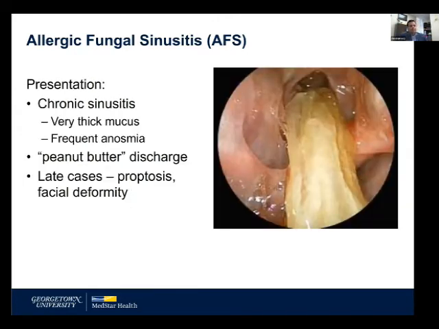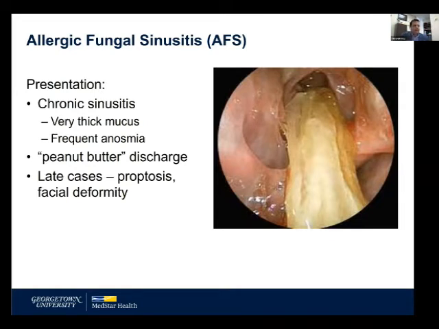Again, similarly, these people present with chronic sinusitis, and everyone with chronic sinusitis complains about how thick their mucus is, and it's the worst. But these people actually really have the worst. It's so thick. I mean, it's described as essentially peanut butter. This is it being sucked out of a sinus here, and it is so tenacious. I have patients that will bring me in samples of it, and I tell them I don't want to see it, but they keep bringing it in. But these people really do have such thick disease, thick secretions, and it really does further exacerbate their problem.